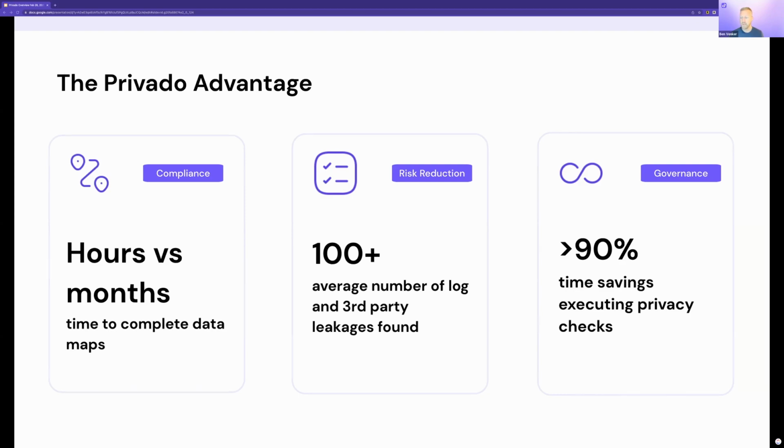As far as risk reduction, one of the things we see at customers is when they do an initial scan, they'll find as many as 100 log leakages and third-party leakages, where PII that they don't want sent to a third party is going to a third party, or PII data is just being sent to log files, which just means log files can be particularly dangerous if you're not aware